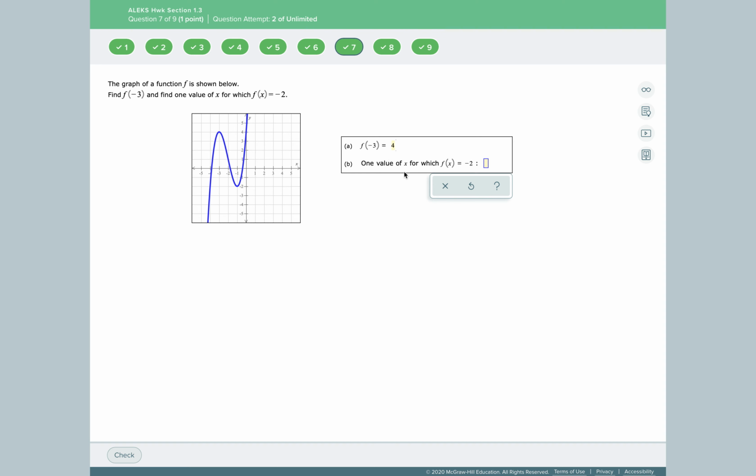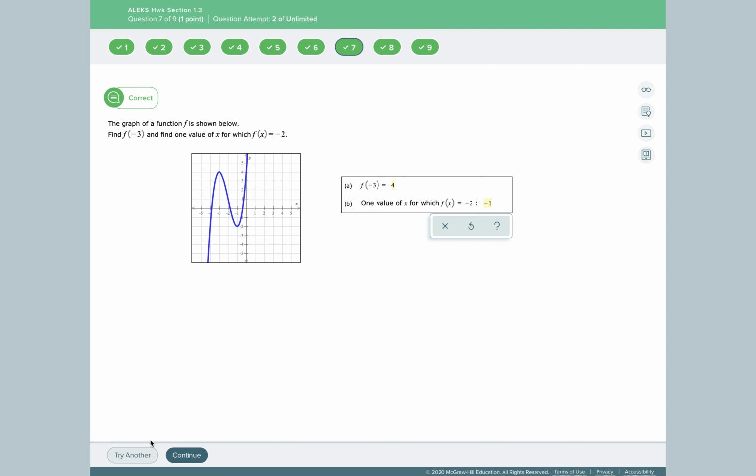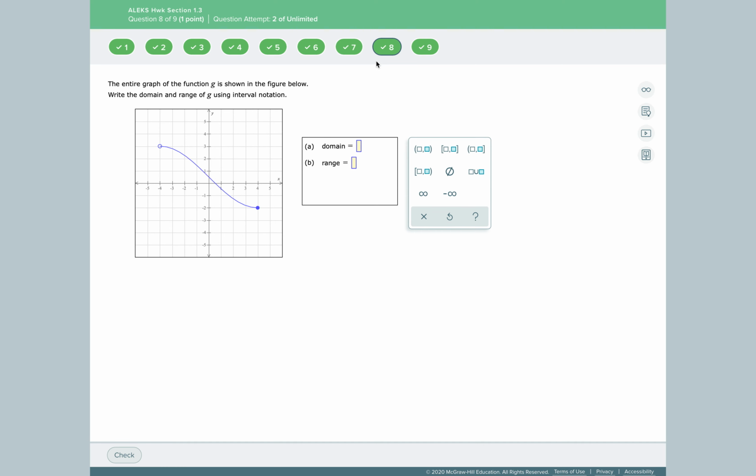And it says one value of x for which f of x is equal to -2. So if we look at where y is going to be at -2, this corresponds to the x value of -1. And checking the results, and that is correct. Okay, now we have here a graph where we have the entire graph